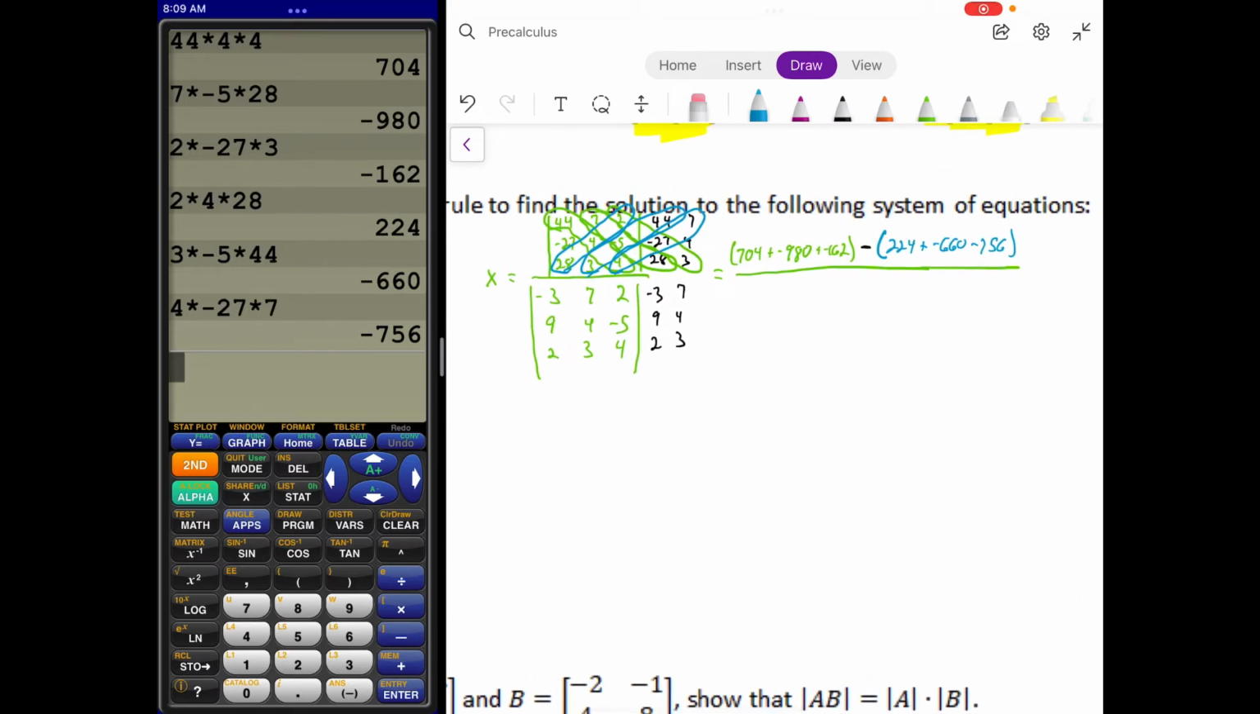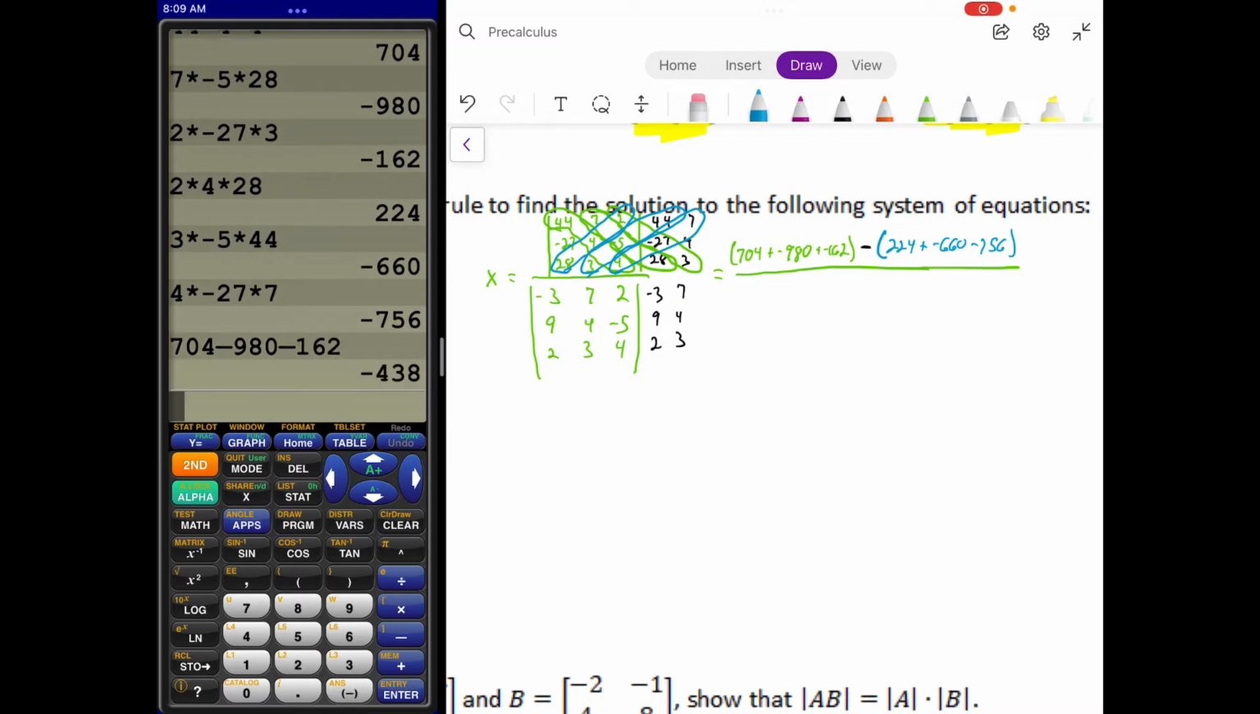So we're going to take the 704. I'm going to do this green part first. 704 minus 980 minus 162. That's negative 438. I'm just going to put it above here, negative 438, minus